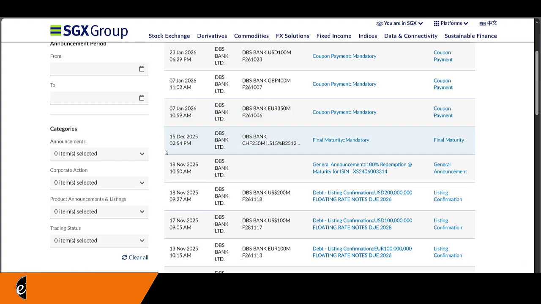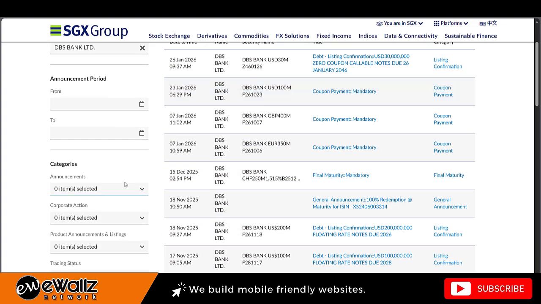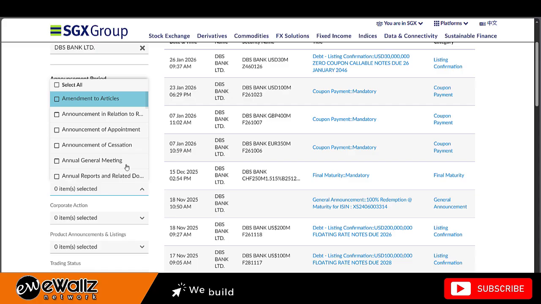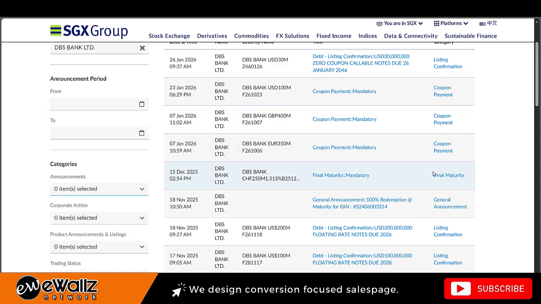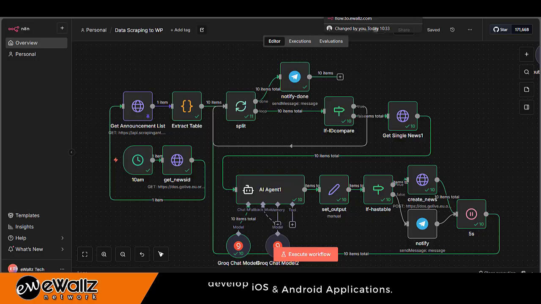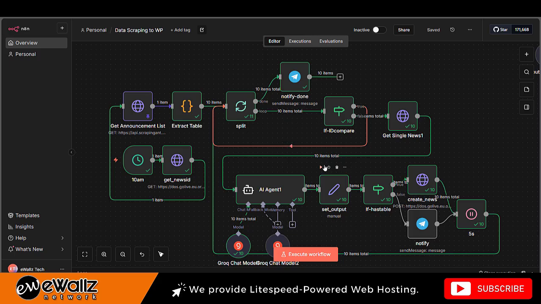If you check here, you can see the categories, and each category basically has a different structure. So to make it easier and shorter, we use the AI agent to restructure each category into the formatted data that we want to send to WordPress.